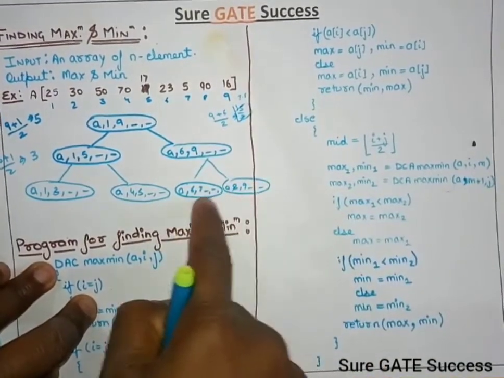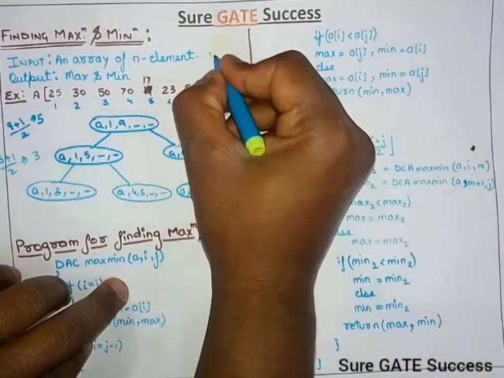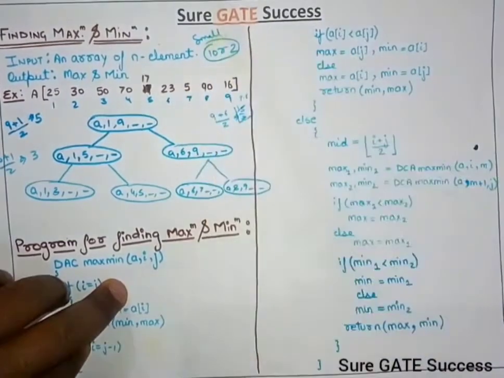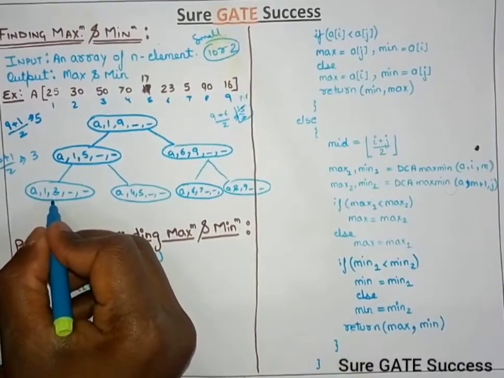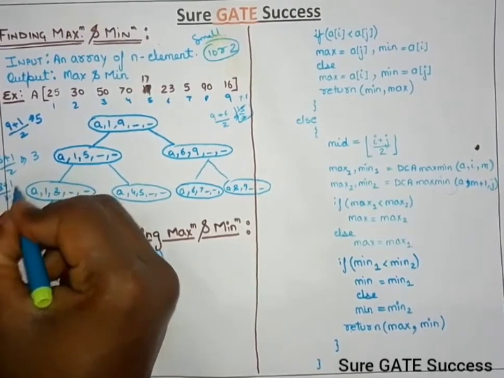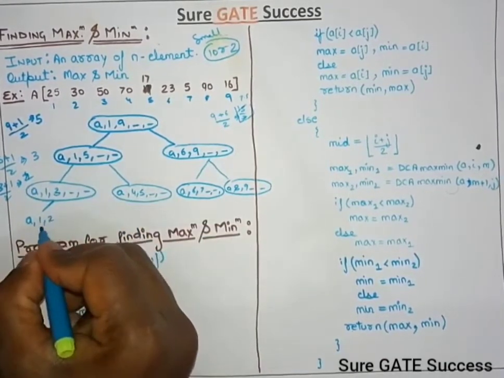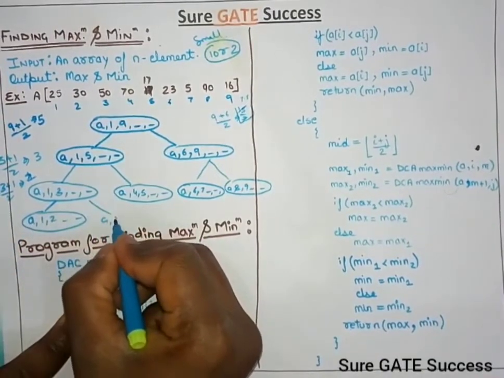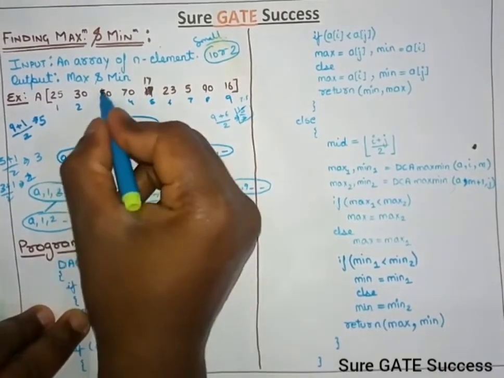So now there are only two elements, so this is a small problem. A small problem means one or two elements. If there are one or two elements, then it is a small one. Okay, in here we have three elements, so let us further divide them. What we have to do is 3 plus 1 by 2, which is nothing but 2. So we take 1 to 2, two blanks, and what is remaining here is 3, which is 50 comma 50, because the third one is 50.